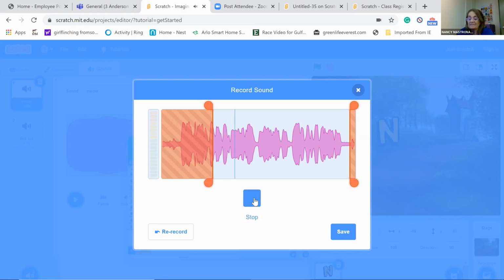Awesome Scratch animation today and really have a lot of fun and learn some cool computer coding while we're at